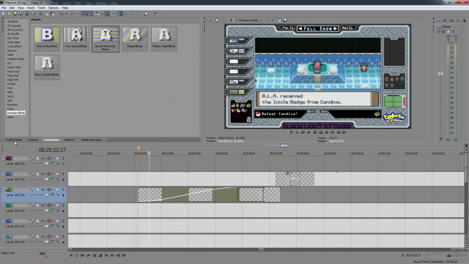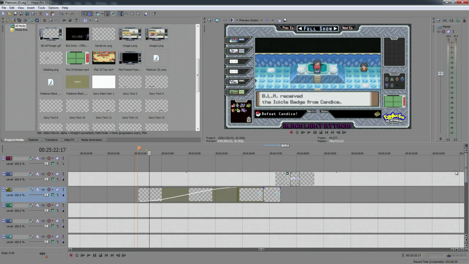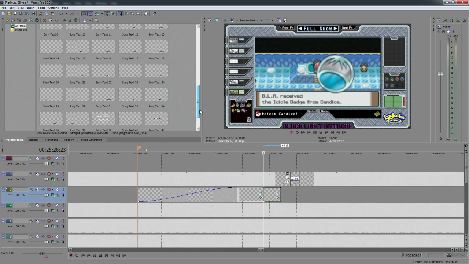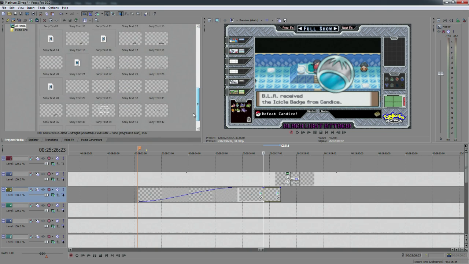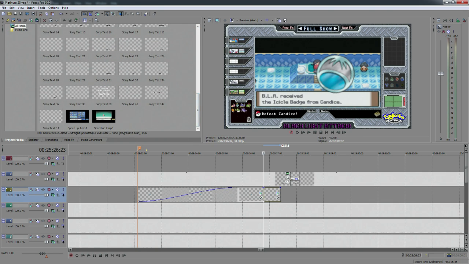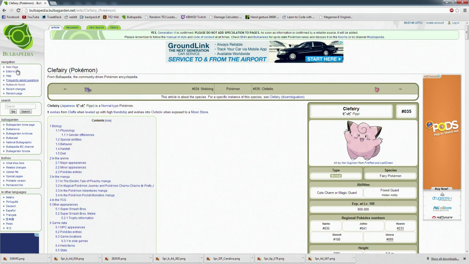Okay, so we have that nice and lined up. I also have a little sound effect that I inserted. It's a nice little shimmery one. I think I ripped that off of one of the Pokemon move sound effects. It seemed appropriate. So now I actually have to go about my business of course, going to Bulbapedia, finding the